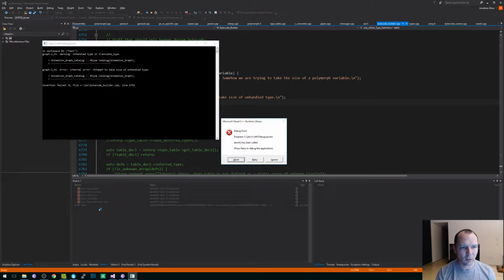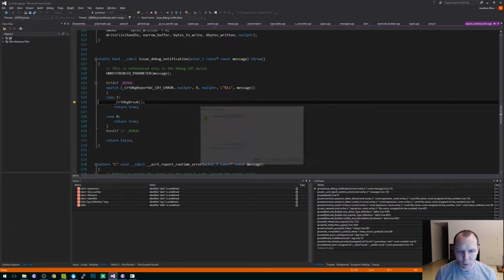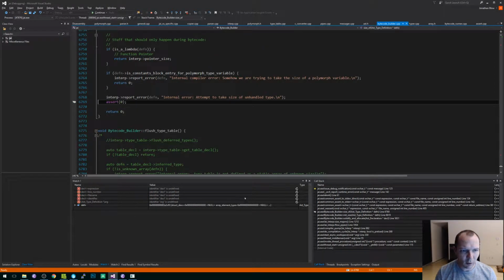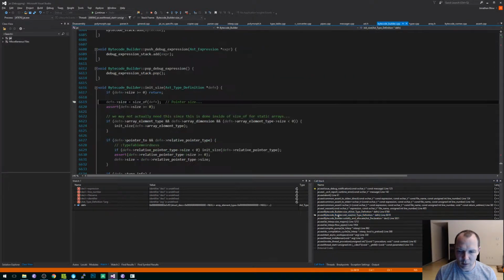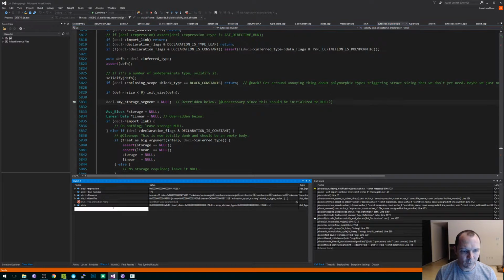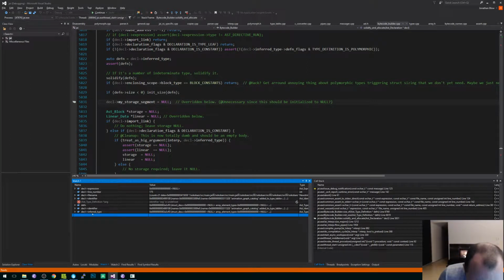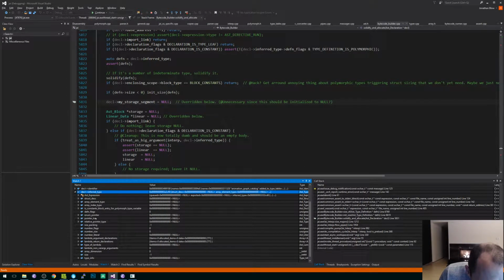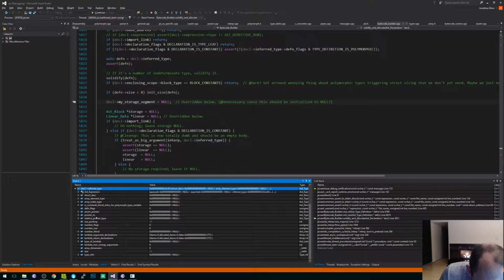Still didn't matter. Same damn thing. Why? What is it? Animation graph catalog. This is a... Oh, the type of this thing is just completely out of whack.